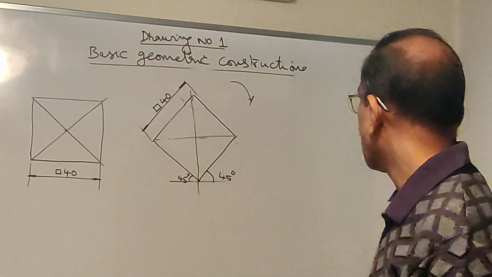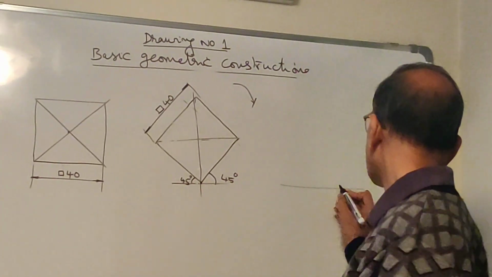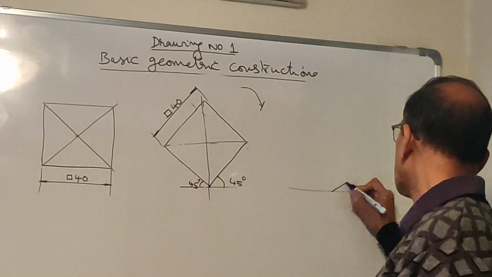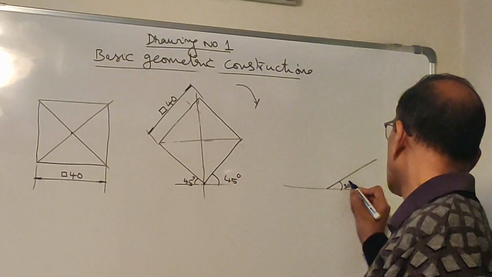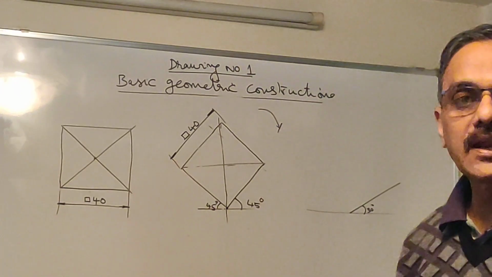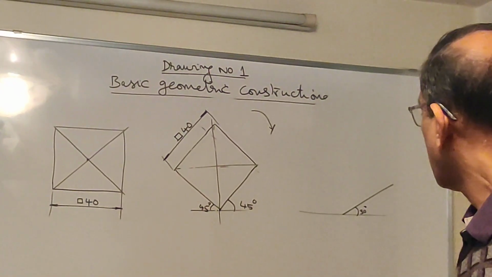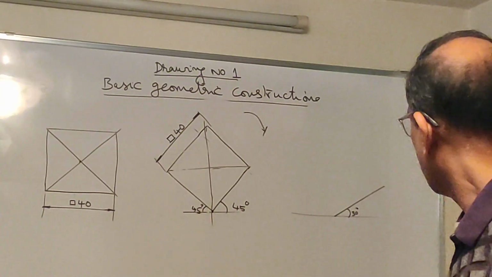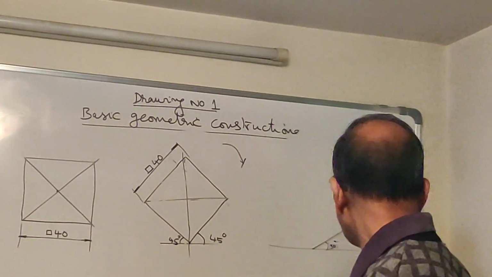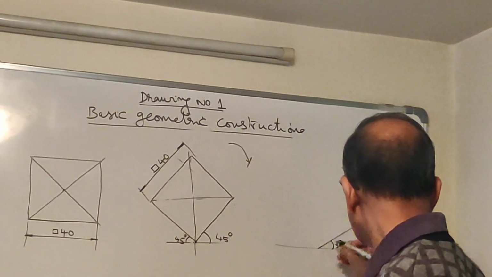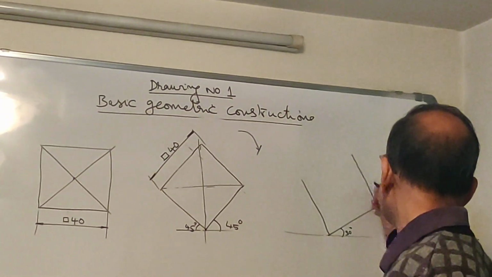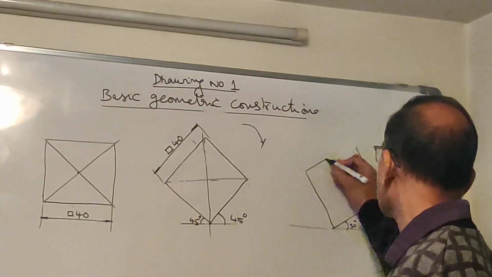Now how to do it manually? This is a horizontal line, which is a thin line. Mark a point on it. Now draw the line using your protractor inclined at 30 degrees. Let us say the length is once again 40 mm. Now with this as one of the edges, you must complete this square. So how to do that? Use your protractor once again. At each of these points, mark 90 degrees. You are going to draw perpendiculars. Okay, again each of them is equal to 40 mm and then connect these two.